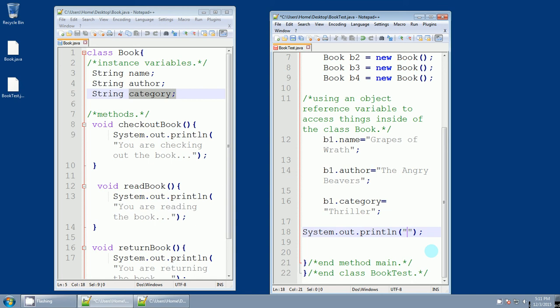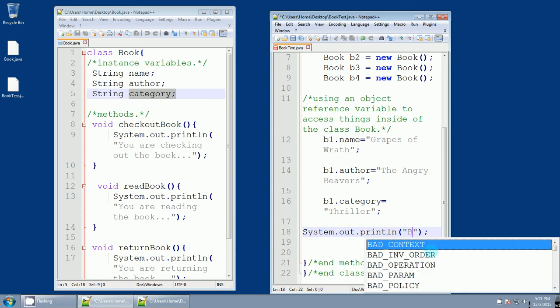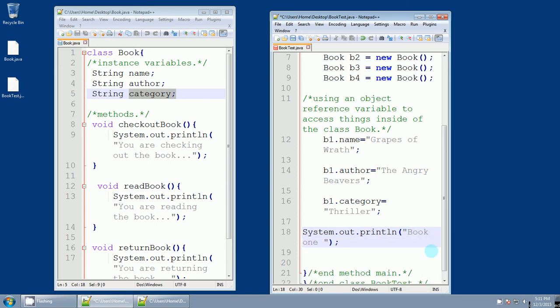So let's see, I'm going to say "Book 1: " and a space. Then I'm going to use plus b1.name plus and then in double quotes again, another string, "Book 2: " and a space, and then I'm going to say plus